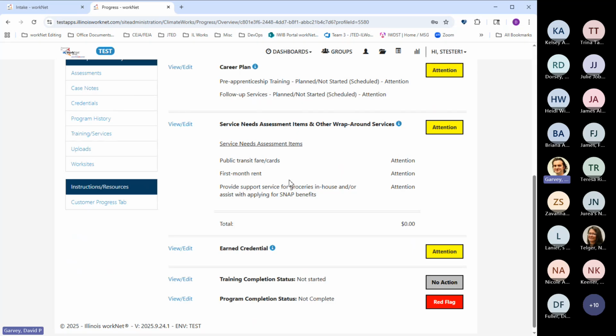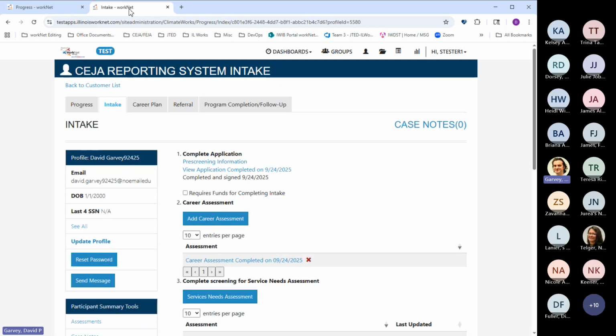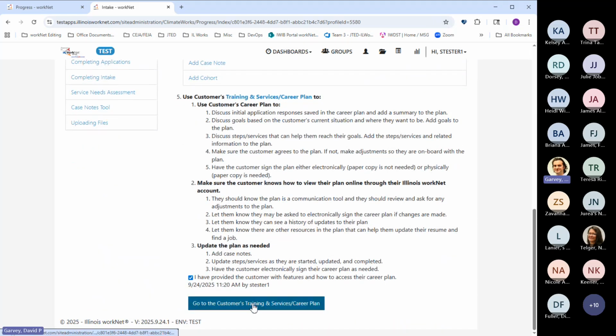Based on a service needs assessment, we indicated that this customer is going to need assistance with first month rent, public transit fare cards, and food assistance. They'll say attention, but when we add that to a service and enter a cost, that cost will pull through here. But we'll go ahead and go to that section now.